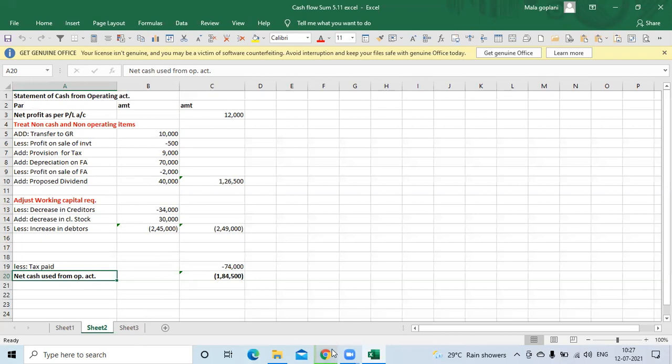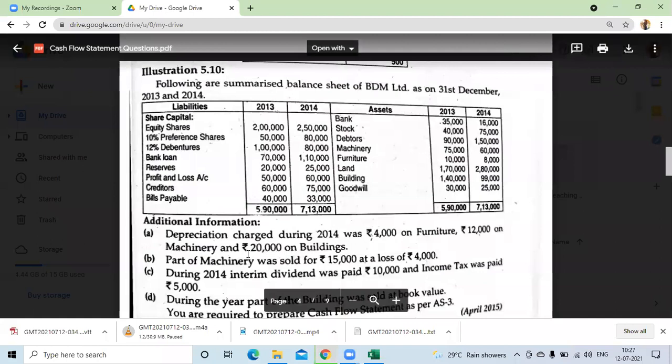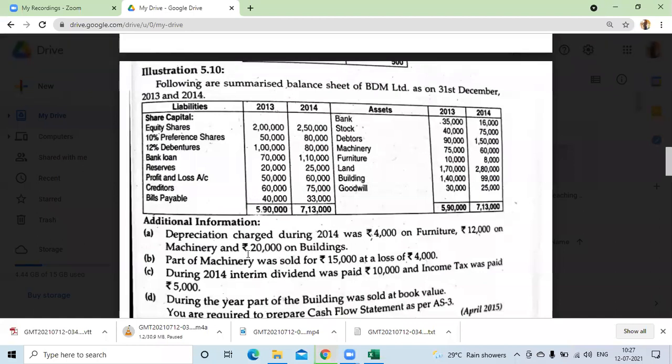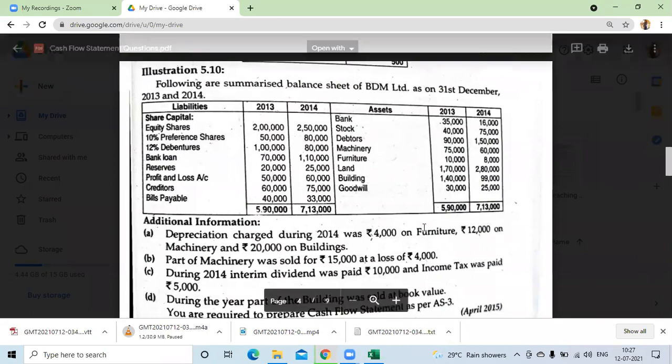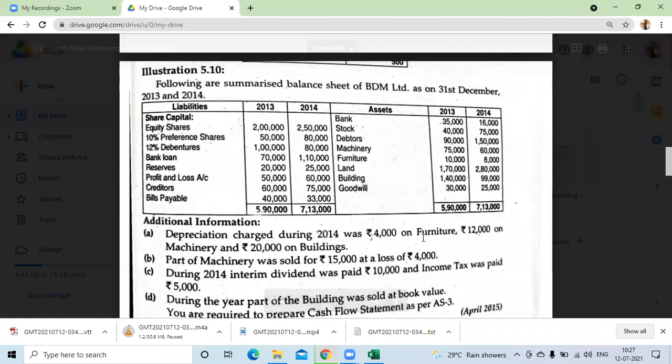Now, how many ledgers do you require? Can you tell me? Come on. For furniture, do you require a ledger? Yes, ma'am. Okay, one furniture. For machinery, do you require a ledger? Yes, ma'am. Two ledgers. For building, yes or no? Three ledgers. Very good. With the building, we will have three ledgers. So the second adjustment is also on machinery, so the ledger is already made.